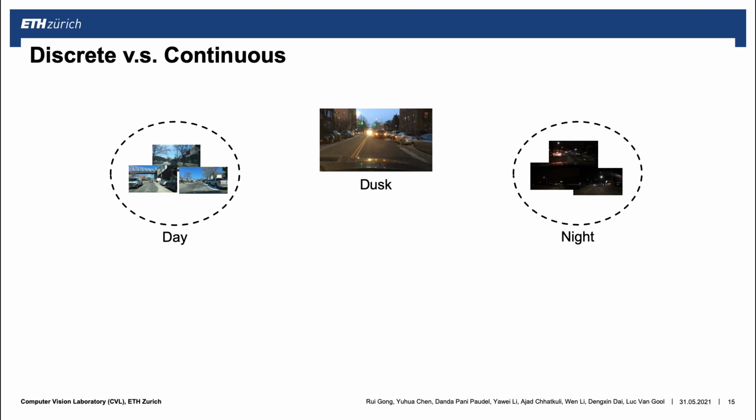In the cluster and split modules, we model the compound target domain into different discrete subdomains. So what's the problem of the discrete modeling? Let's see one example. We assume that our compound target domain is divided into the day subdomain and the night subdomain, but now we have one dusk image. Purely assigning the dusk image to the day subdomain or the night subdomain is not appropriate. The solution is to model the compound target domain continuously, and the dusk image corresponds to the point between the day image and the night image.